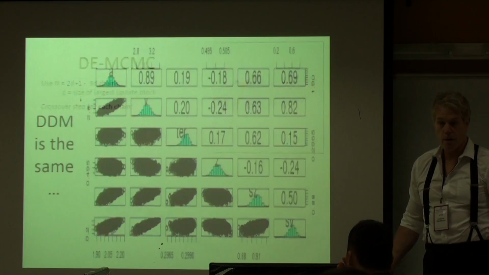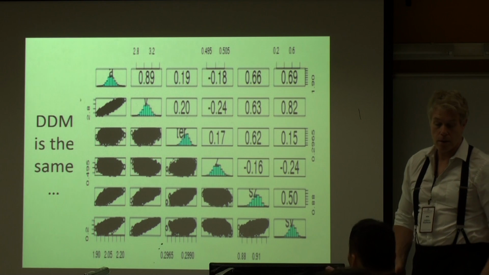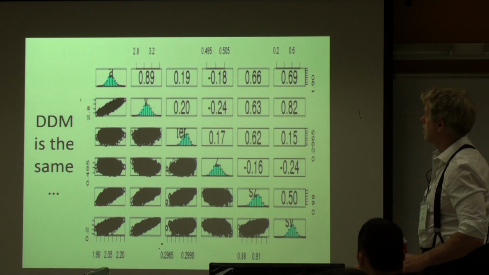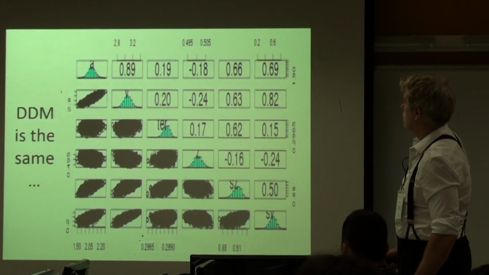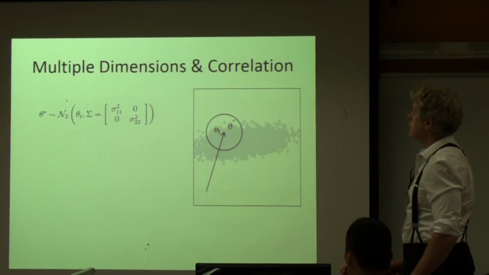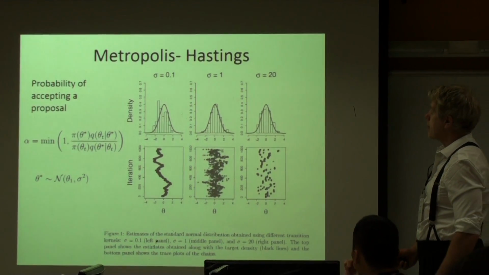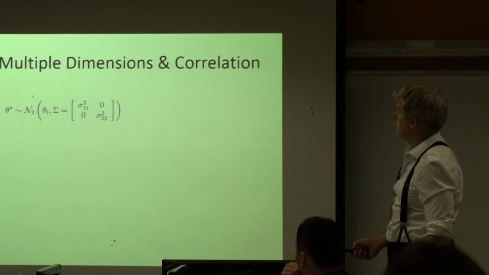Could you explain more details? A little bit more about the Metropolis Hastings step. This step. Maybe I explain it in the context of